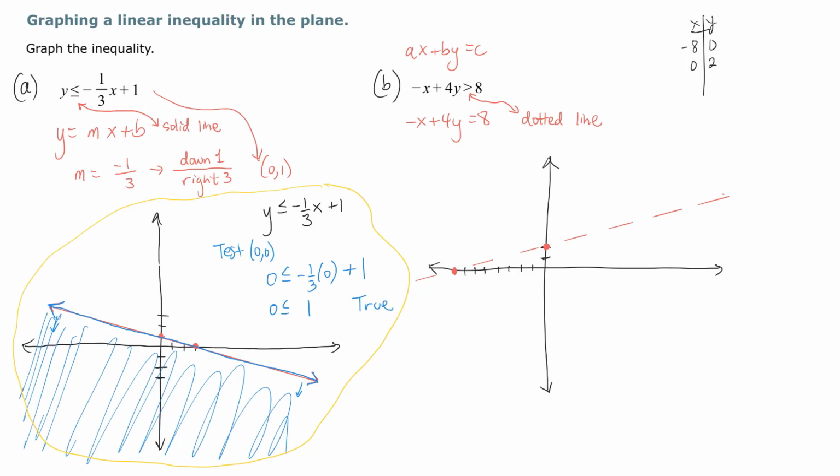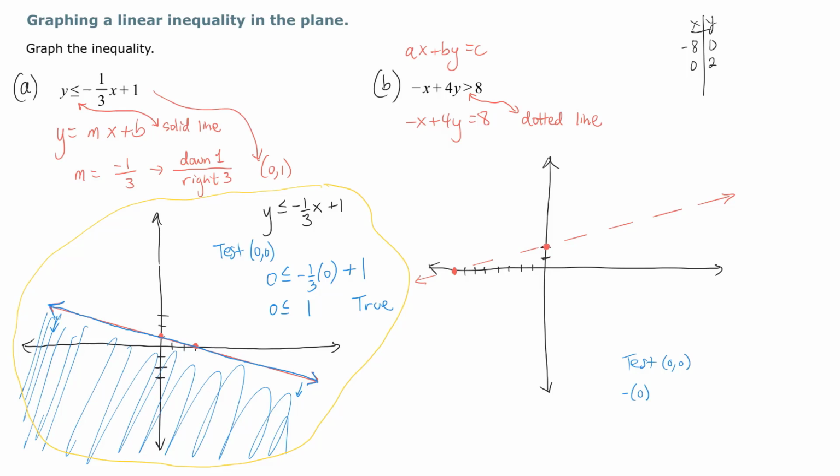So you not only draw a straight line, you're going to draw a dotted line with the arrows at the end. Make sure you draw the arrows because you do need to match the domain and range of that linear function. Once again, we're going to test the original inequality, and then we're going to pick a test point to make sure we shade the correct side. We either are going to shade above the dotted line or below the dotted line. A convenient test point would be 0, 0. So why don't we test 0, 0,